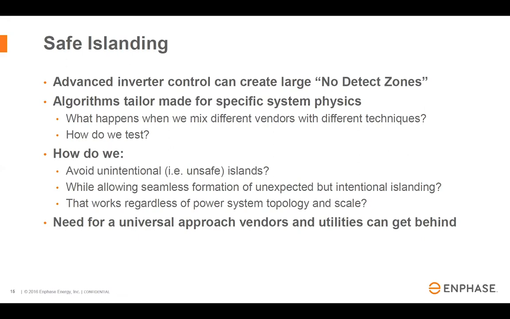One presenter made the comment, well, maybe we should reevaluate whether or not we really need anti-islanding in the first place, because it's not like the utilities can shut down the main power coming from the other end. Why should we have to shut down the low voltage end as well? But we're not going to be able to change that off the bat. So we do need, I think, at least initially, a sort of universal approach for multiple vendors to work with mixed heterogeneous systems to detect when we're in an island that we're forming ourselves